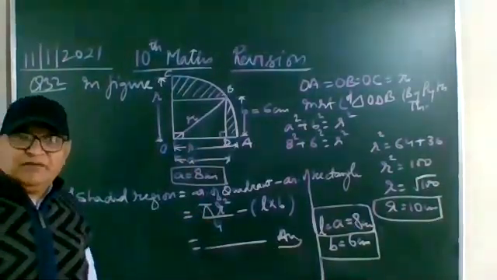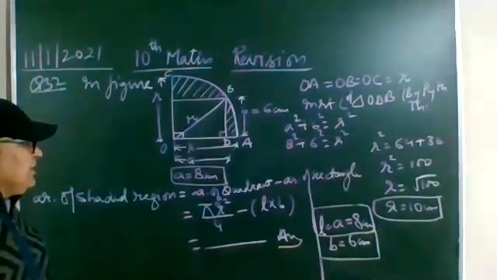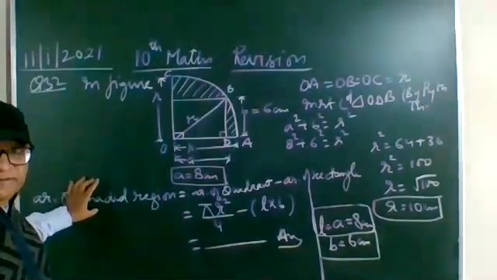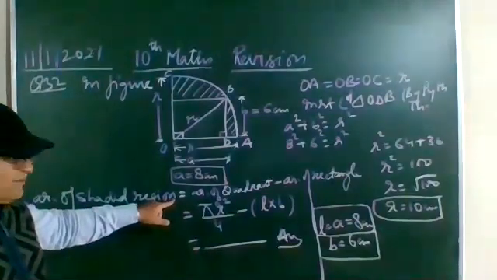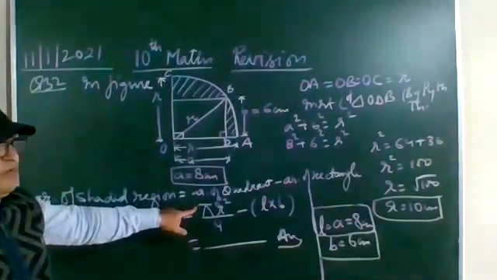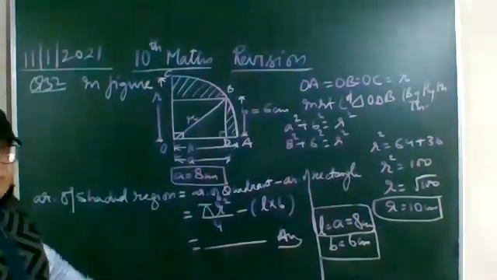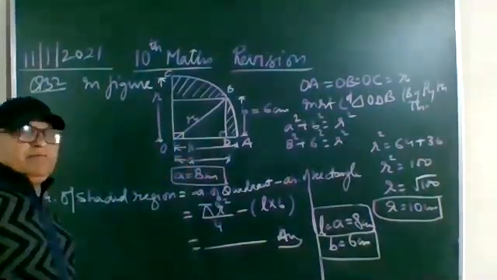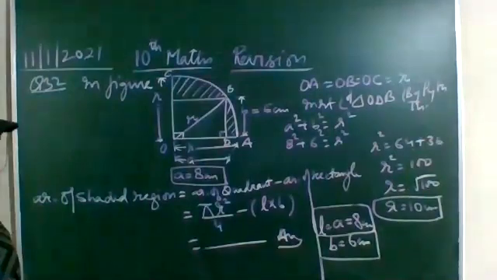Now sometimes, when we are doing questions, we see that area of shaded region equals area of quadrant minus area of rectangle. Some students write this first. Once they have written it, they will get marks for this. After that they put in the formulas: area of quadrant, they know the formula, and area of rectangle, they know the formula. The mistake they make is that they are not able to get the values. But once they have started the question, they will be able to solve it. So first of all, try to solve like that.